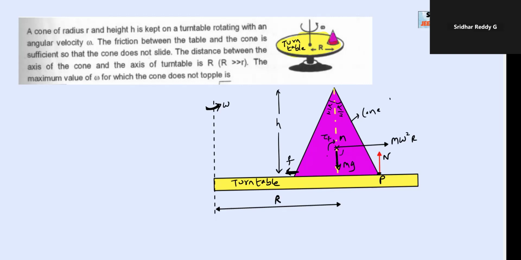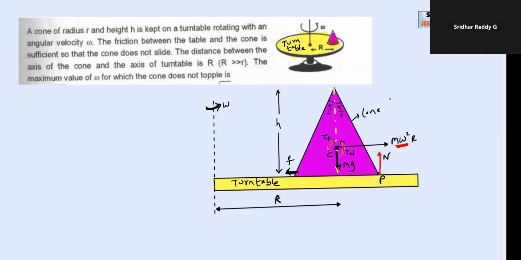Torque due to normal reaction, and all the rest, including the centrifugal forces like this. So the net torque about point P should be zero. Now, your task: either you can choose this one. We wanted omega. Therefore, I'm showing all this torque due to normal contact and friction to tell you